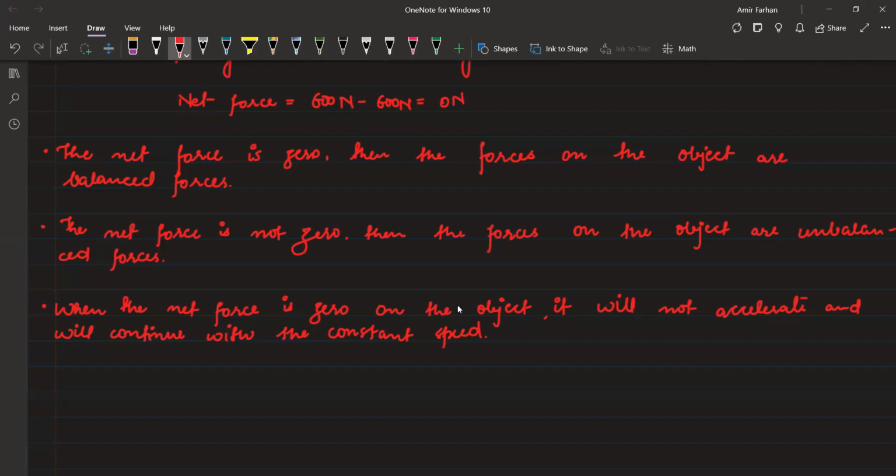Actually, I'm saying that when the net force acting on the object is zero, then it will not accelerate and it will continue with constant speed. It means that there will not be any change in the speed. It will constantly go with the same speed throughout the whole motion, the whole journey, right? Yeah, okay. And when the net force is not zero,